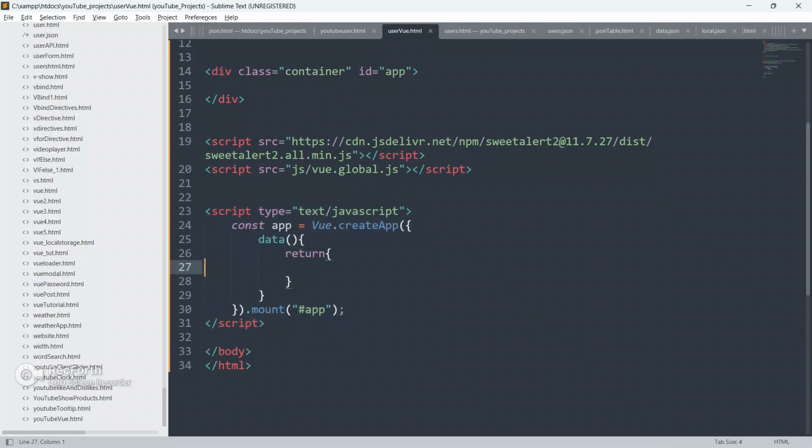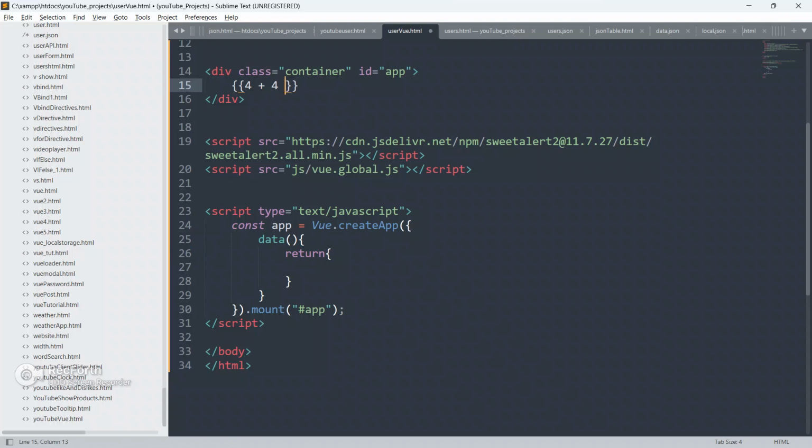So whatever you write inside this div will be compiled by the Vue.js compiler, and you have to write all the code in double curly braces. Then only it will be compiled by the Vue.js compiler.